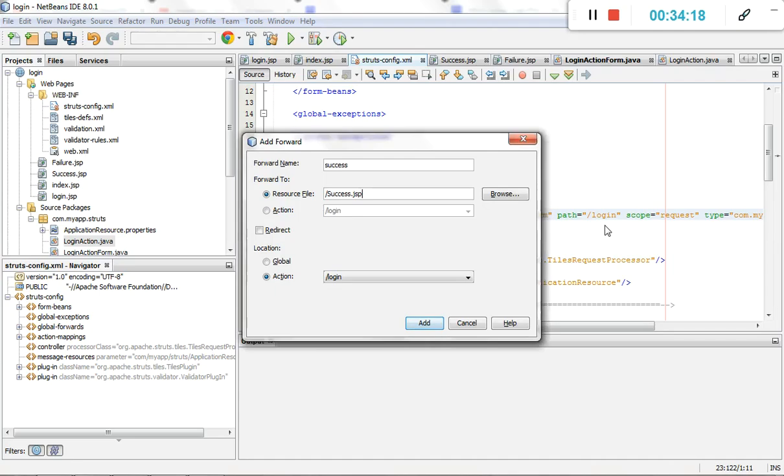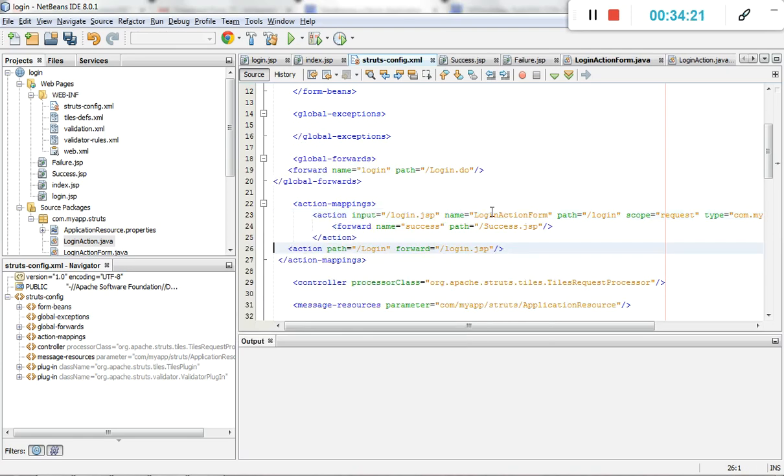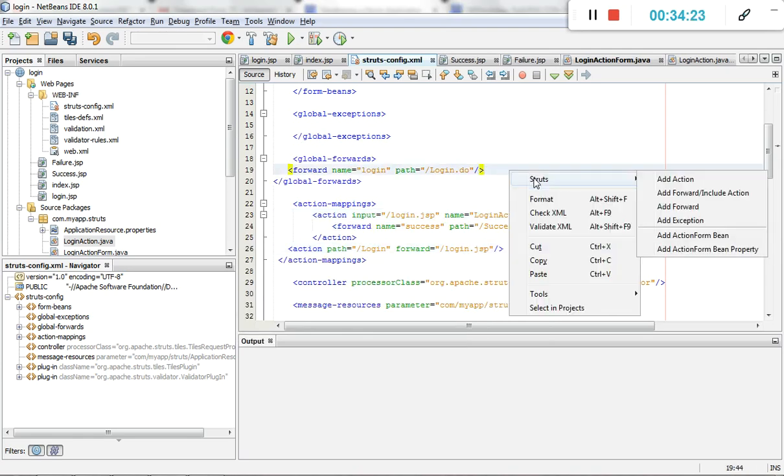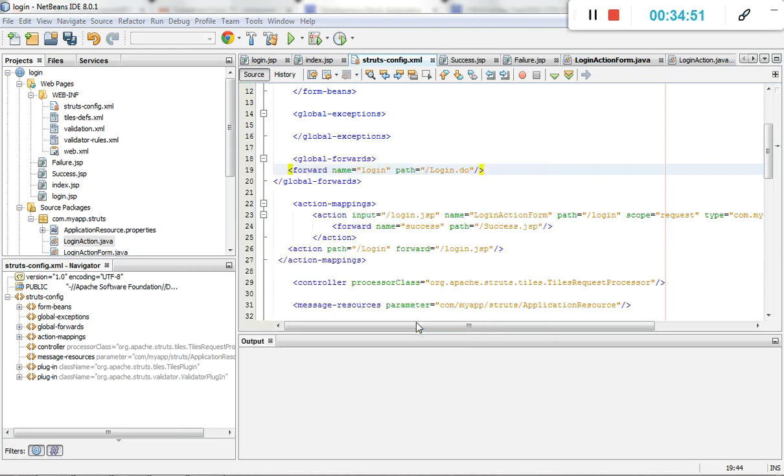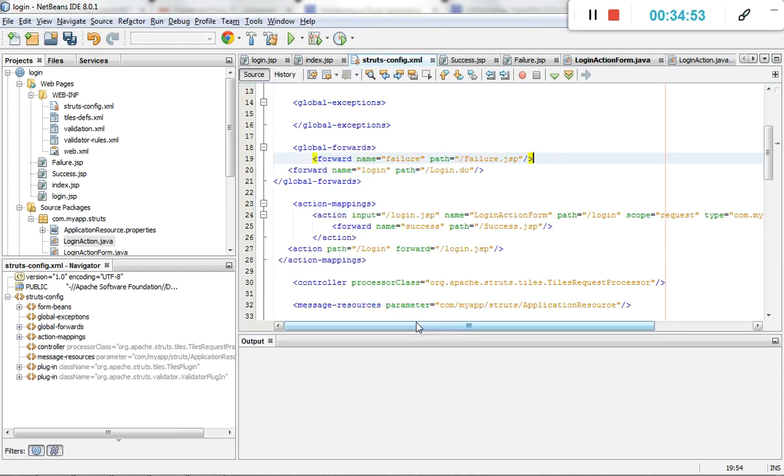Click on add, it automatically adds the Struts forward. Then the same for failure, failure.jsp. Click on add again.